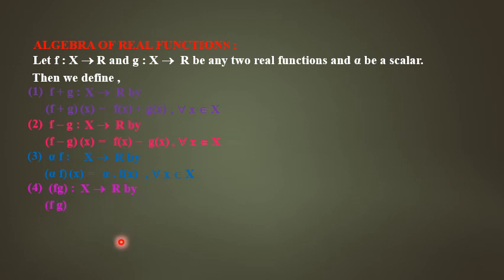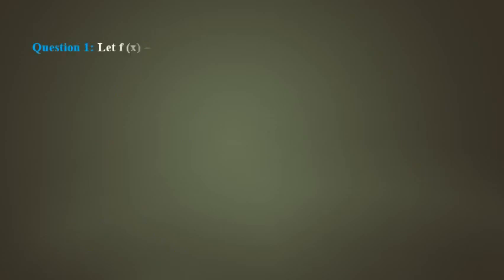And the next one, f into g, this is f of x into g of x. Alpha is a constant; if some constant is multiplied to the function, then that constant will not have any effect, it is kept as it is, and the rest of the function remains as it is. Okay, yes. So the fifth one, f by g, this is again f of x divided by g of x. But remember, g of x should not be 0. Yes. Next we go for question 1.